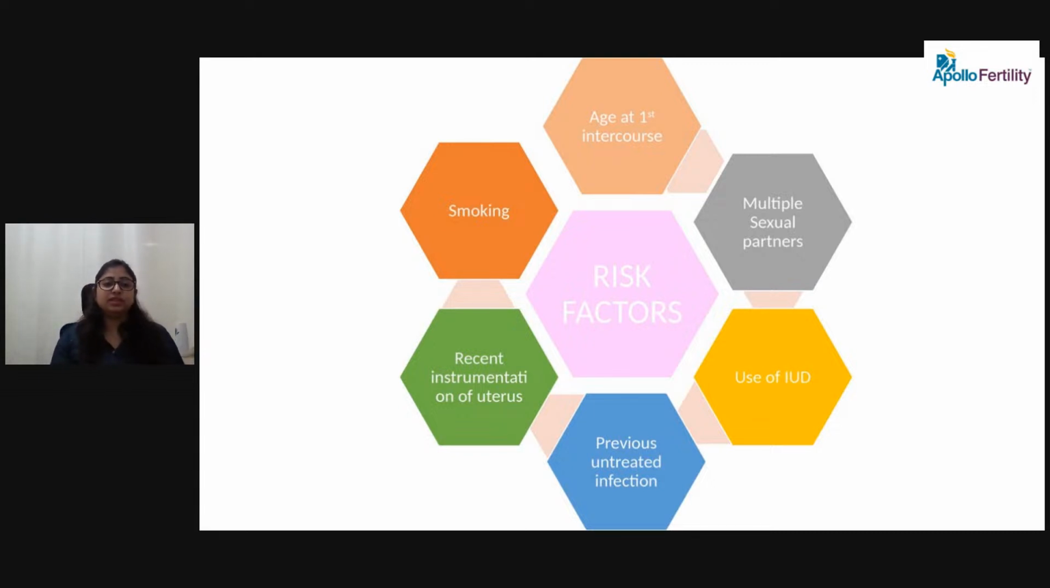Most commonly used is the copper T. If a copper T is used, it can also form one of the sources of infection. But if proper hygiene is maintained, it will not cause infection. But it can become one of the sources of the infection. Previous untreated infection, as I told earlier, like any abnormal vaginal discharge, which is very common in